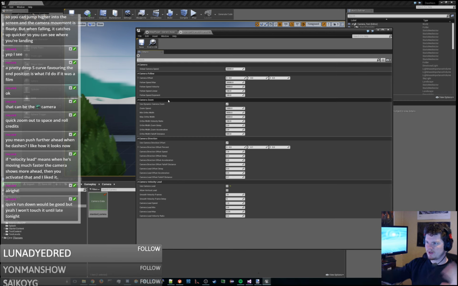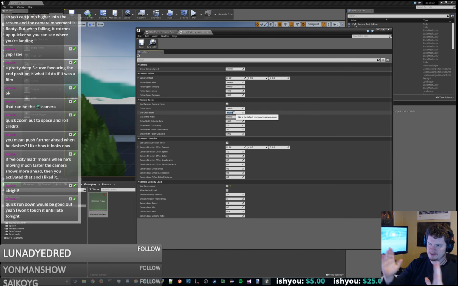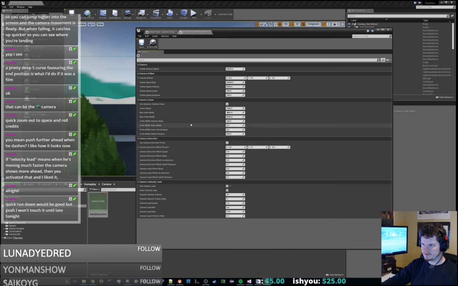Camera zoom is how far this thing is zoomed in and out. So you can change how fast that zoom can change. And then there's a min and max for that ortho. And right now it's just 4,000 and 6,000. So that basically says that 40 meters is the minimum width and 60 meters is the maximum. Ortho width velocity ratio is,